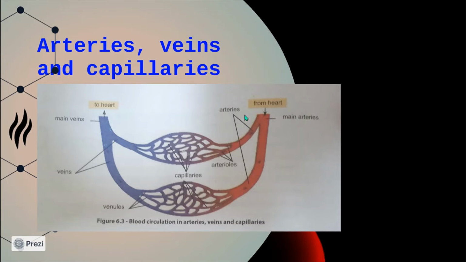Here you can observe that the pulmonary artery, which starts from the heart, transports blood to the lungs. The aorta supplies blood to the other organs. Also, the veins from the organs above the heart join the superior vena cava, and the veins from the organs below the heart join the inferior vena cava. You can observe this in the previous picture.